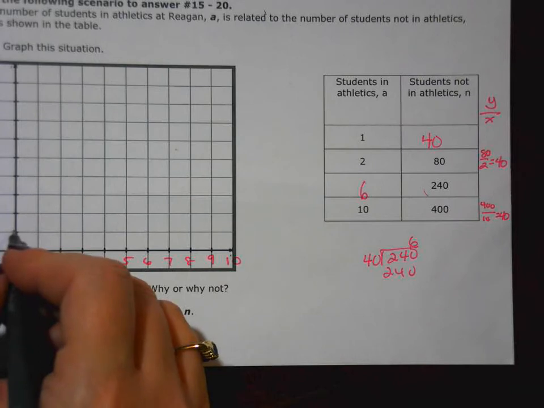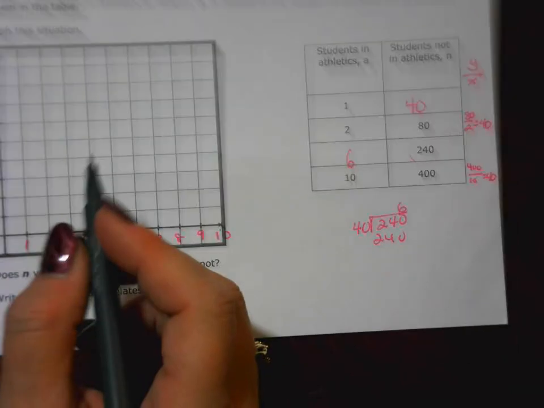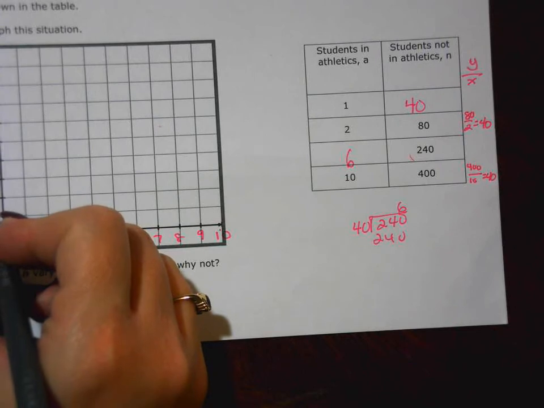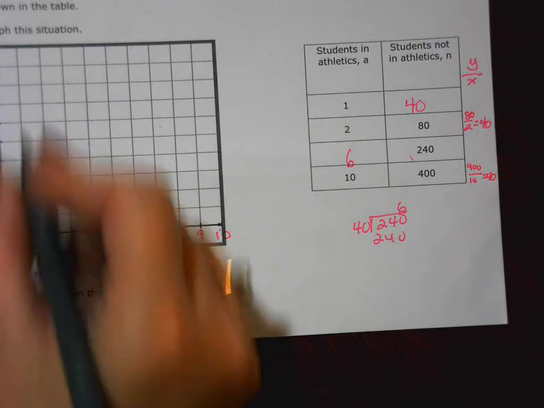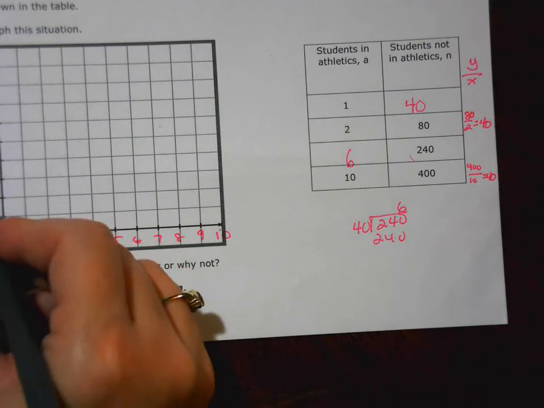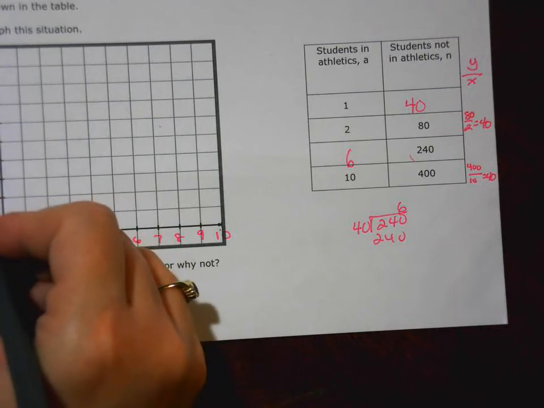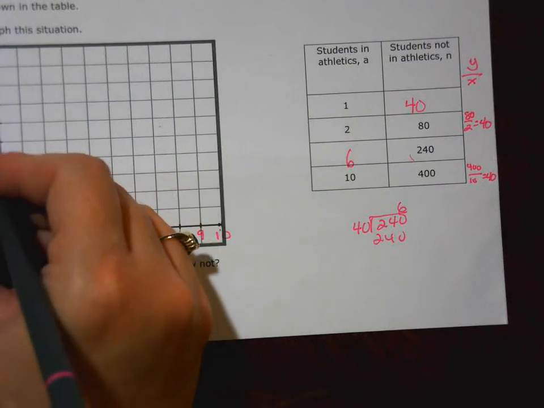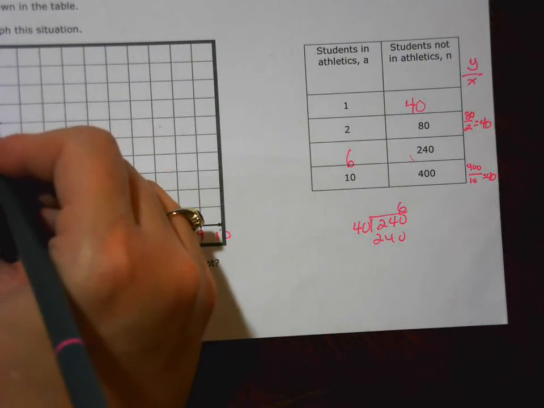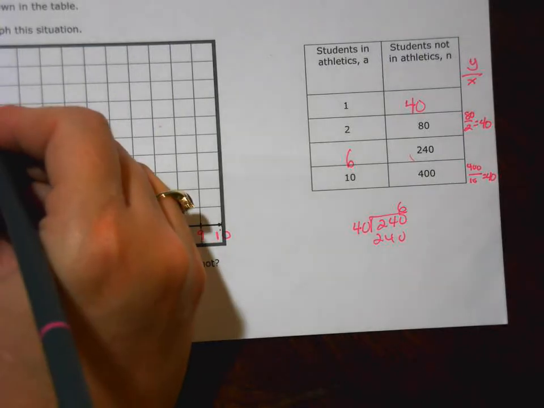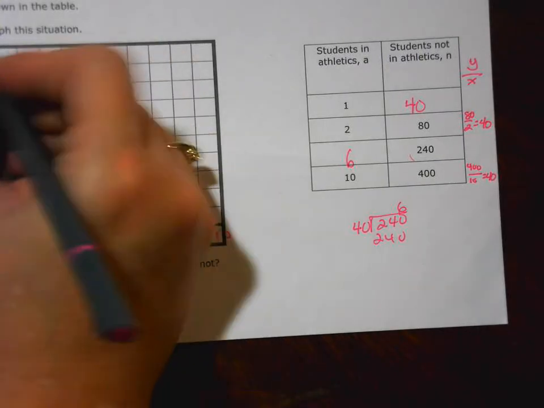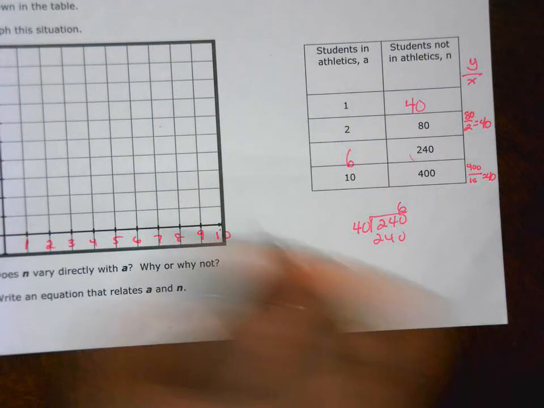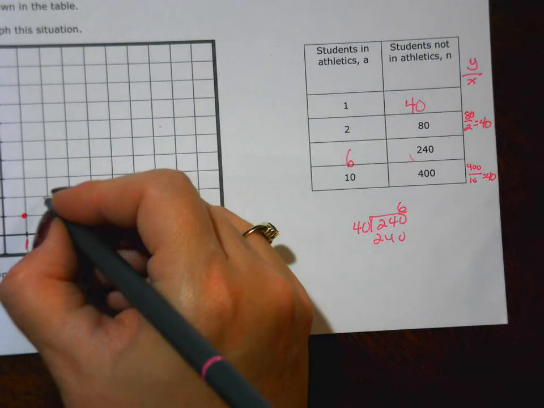So this one here, I could count by 40s, and that would make it kind of easy. So let's go ahead and do that. So it's basically 40, 80, 120, 160, 200, 240, 280, 320, 360, and then 400. And so I can graph 1 is 40, 2 is 80, 6 is 240,